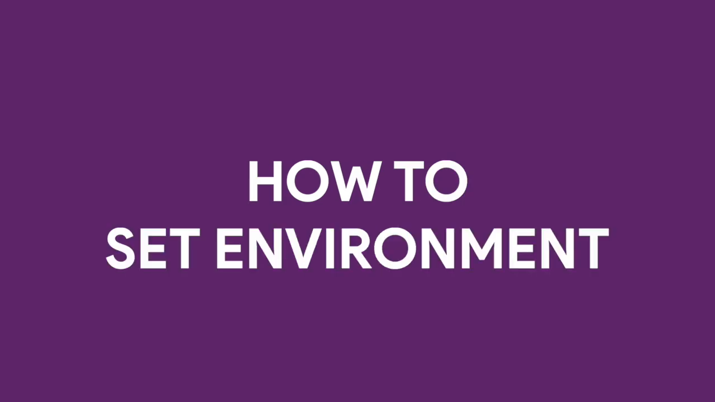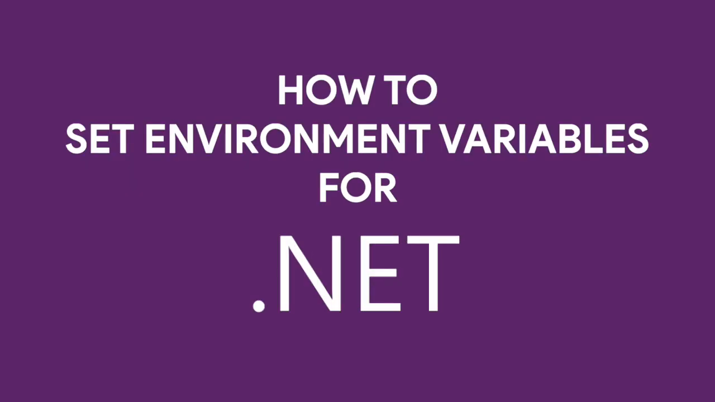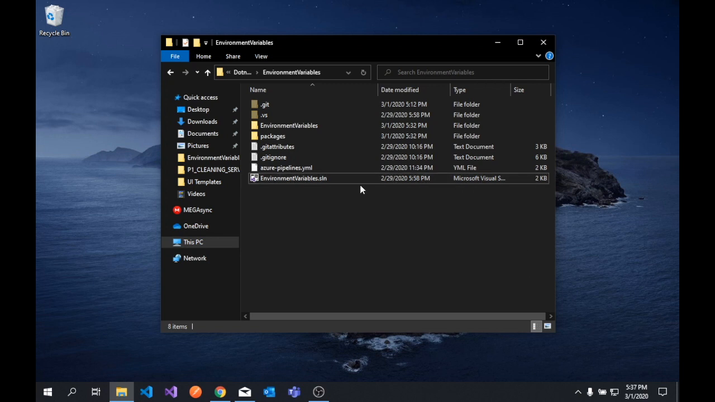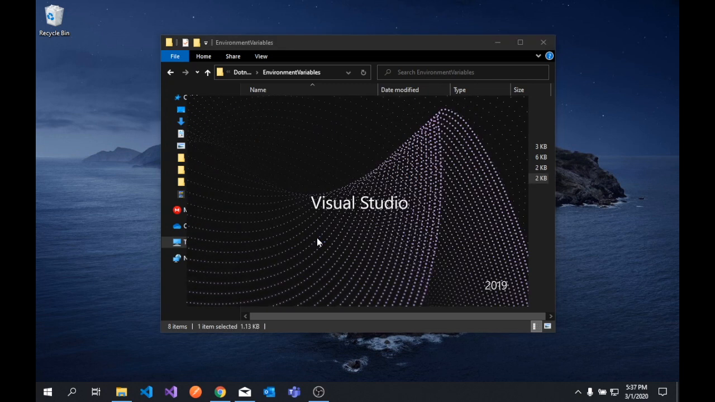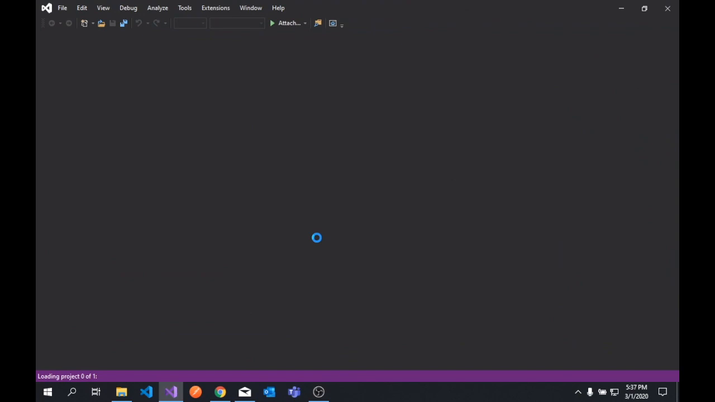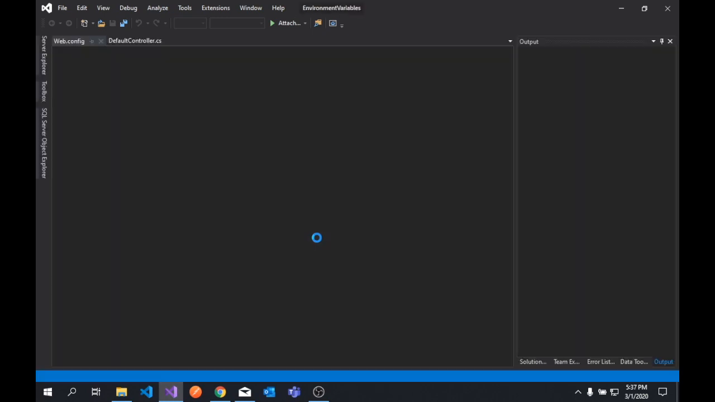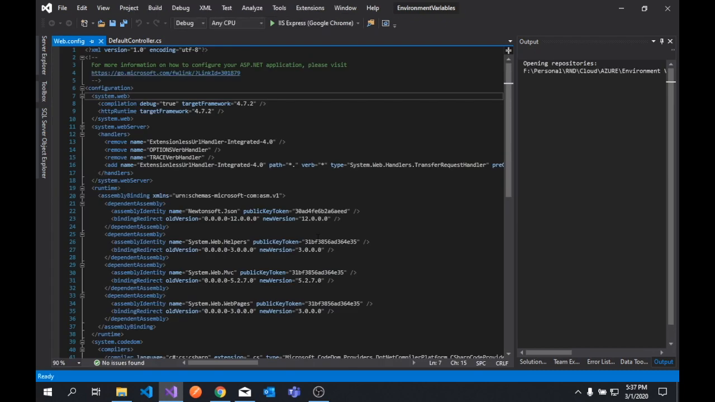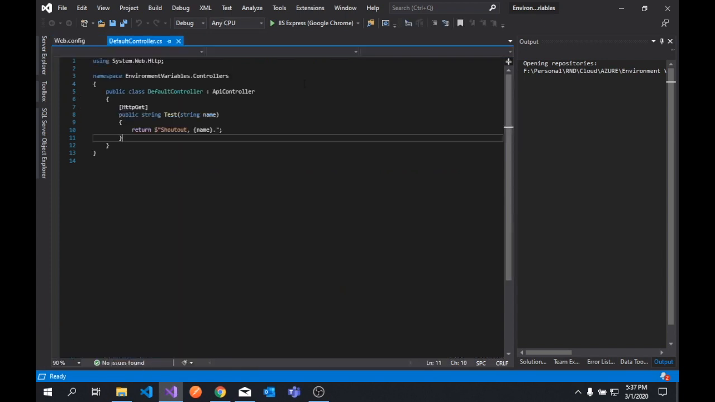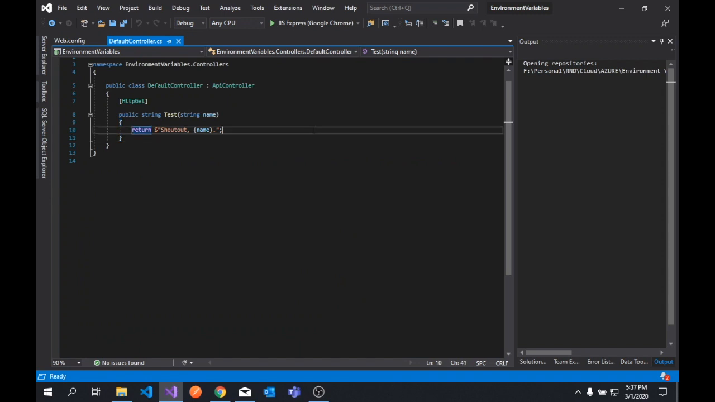How to set environment variables for .NET Framework. First, let's open an existing application, or if you want, just create a new one. So here we have an open application, and then we have a default controller, and the only action here is test, which returns a flat string